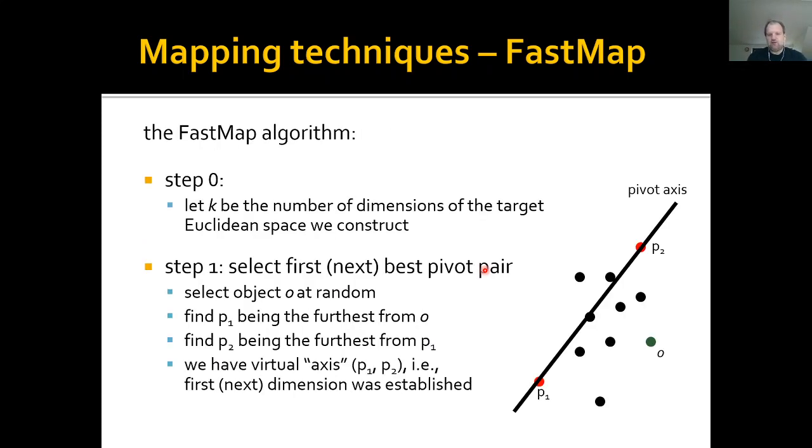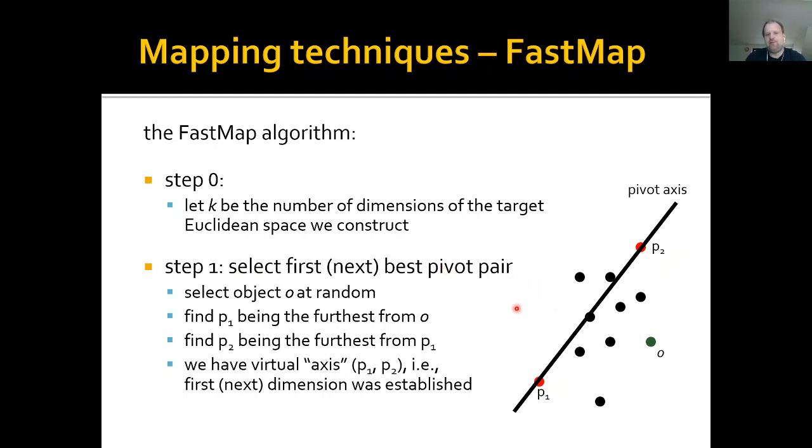The algorithm works quite easily in 4 steps. In step 0, we just set the number of dimensions we need to use. So the target dimensionality of the Euclidean space we construct will be k. And then in the loop, the first step in the loop will be selecting the best pivot pair in the data set,